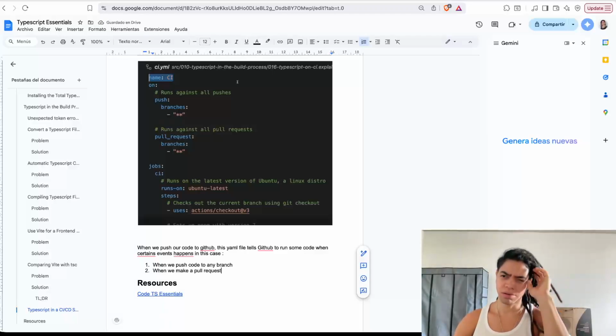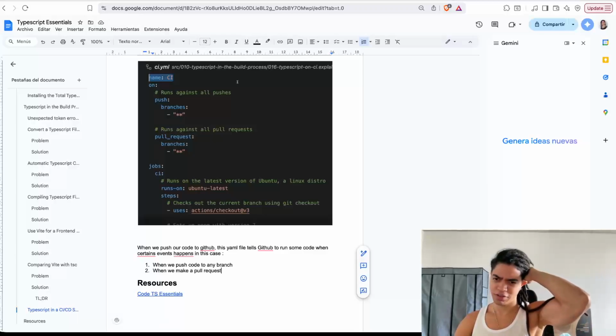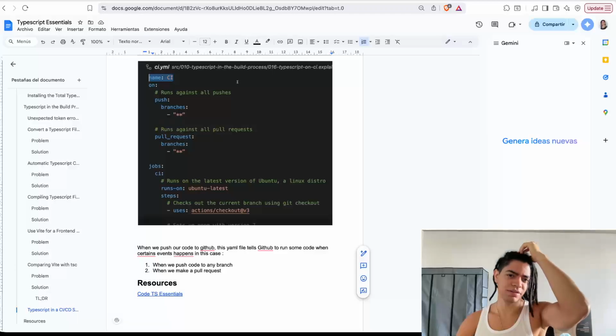That's interesting why they call it pull and not push, because at the end of the day you are trying to merge this, but it's like pull request is